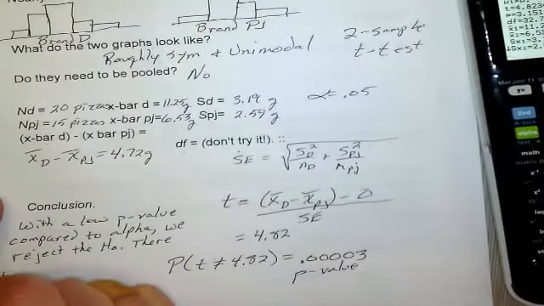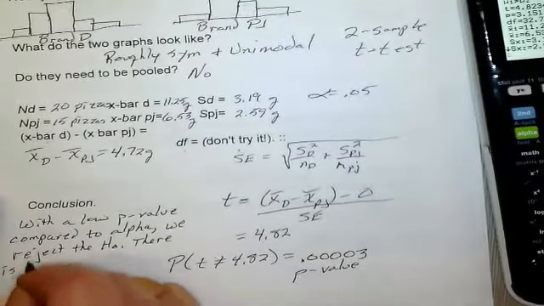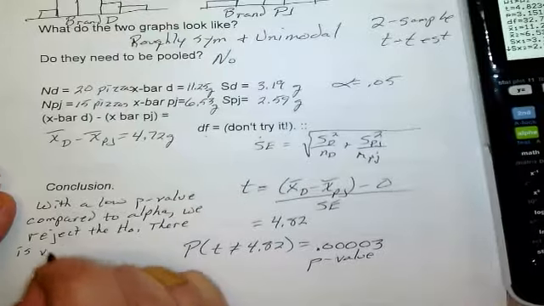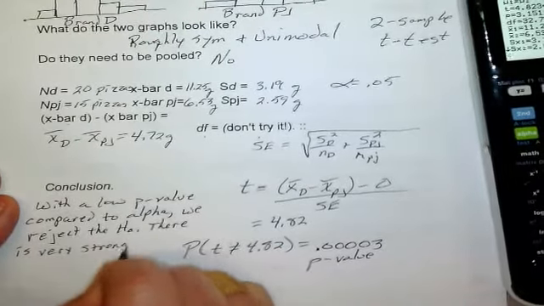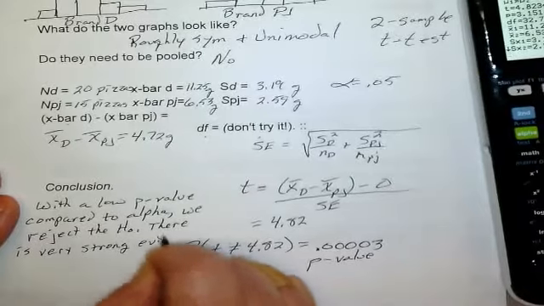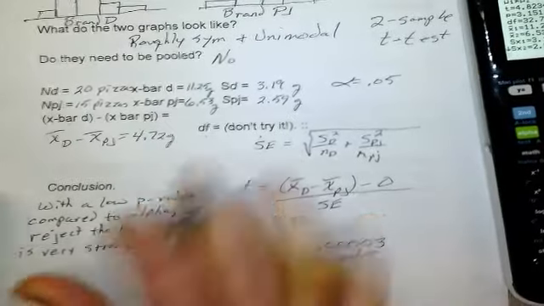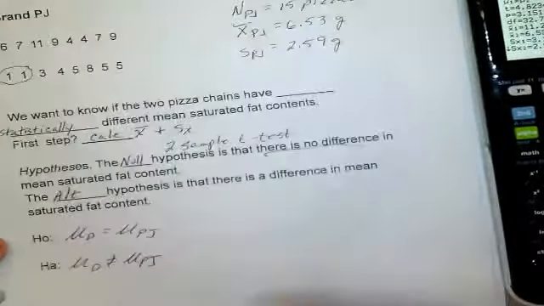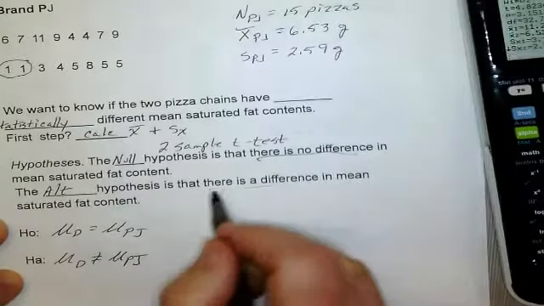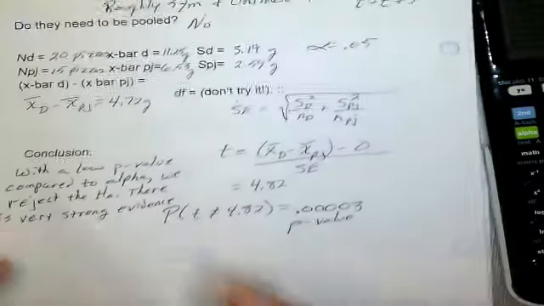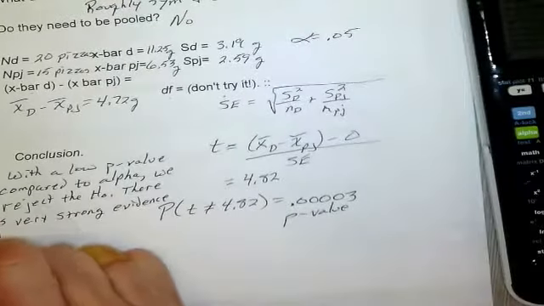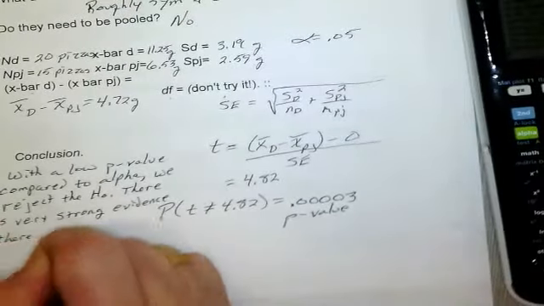There is very strong evidence. What is there very strong evidence of? That there is a difference in the mean saturated fat contents. There's very strong evidence there is a difference